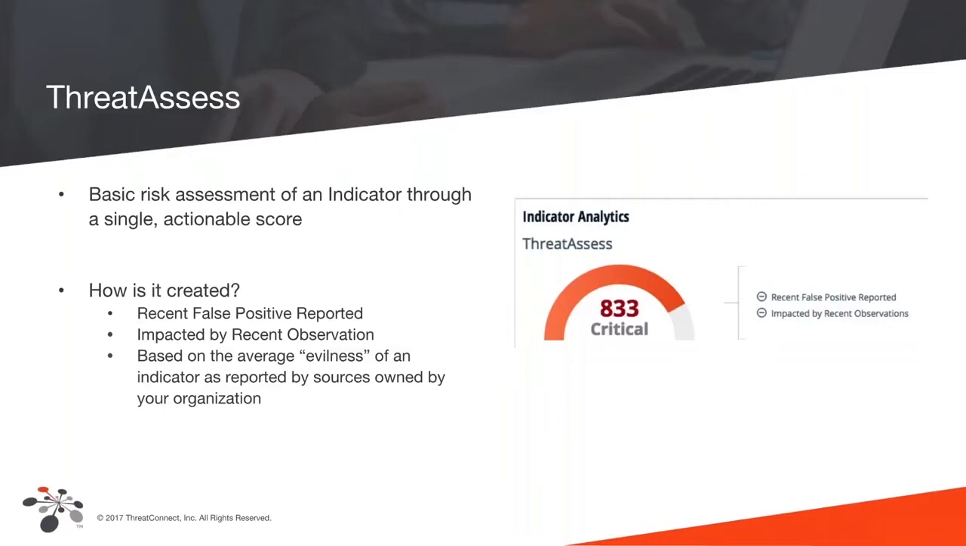So if everybody that owns that indicator is rating it at 5 skulls and you've had recent observations, you're going to see that score jump up into the critical area. Versus if you're seeing some false positives reported, we're going to see that score kind of drop back down. I always tell my customers when I'm talking about these scores, they are in no way meant to be a definitive